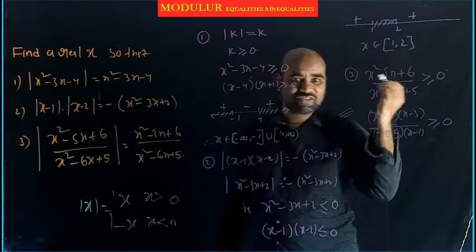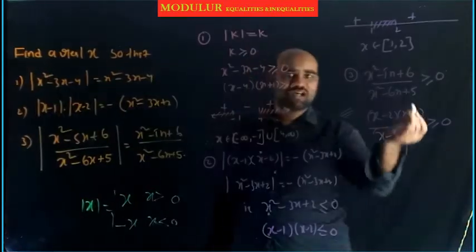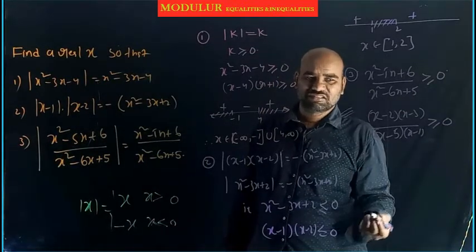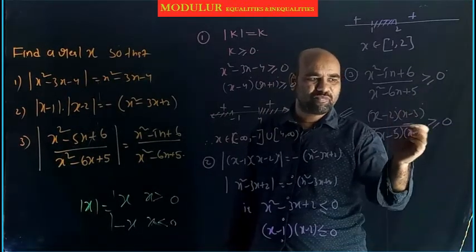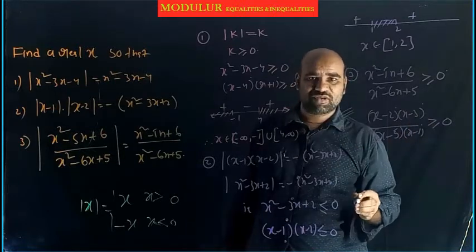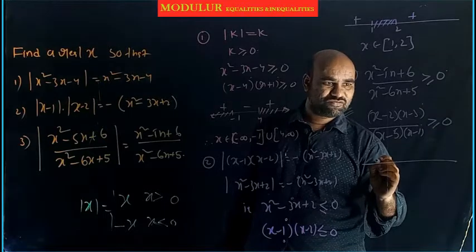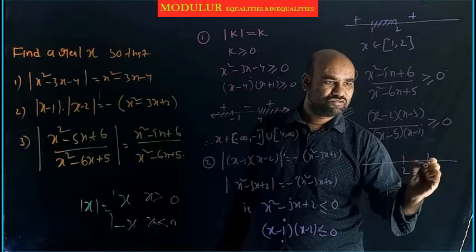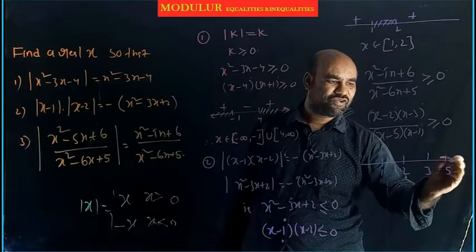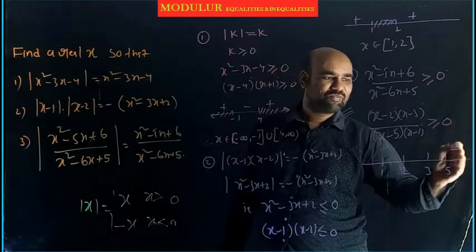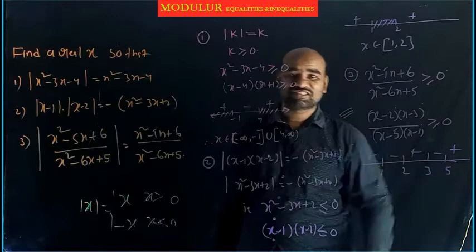Simple wavy curve method. The right hand side of the inequality is 0, and the left hand side has linear factors, all with odd powers. Within one step I can complete the problem. Zeros I want to identify here now: 1, 2, 3, 5. The number line is divided into 5 pieces: plus, minus, plus, minus, plus.